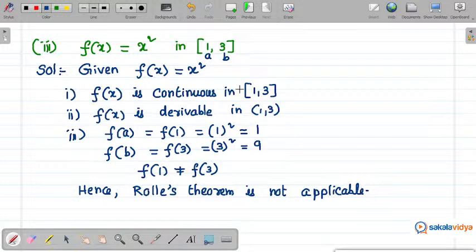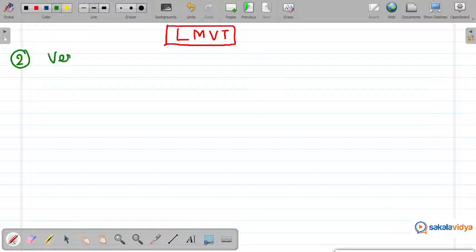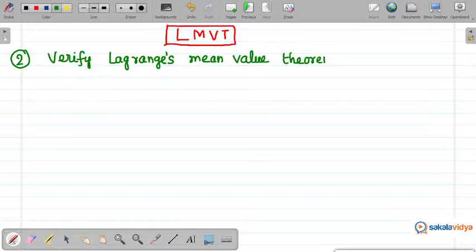Right. Now let us directly switch over to the problem, that is Lagrange's theorem. So let us move to Lagrange's. So problems on Lagrange's mean value theorem, LMVT. Now the second question, note down. What is the second question now? Here, verify Lagrange's mean value theorem